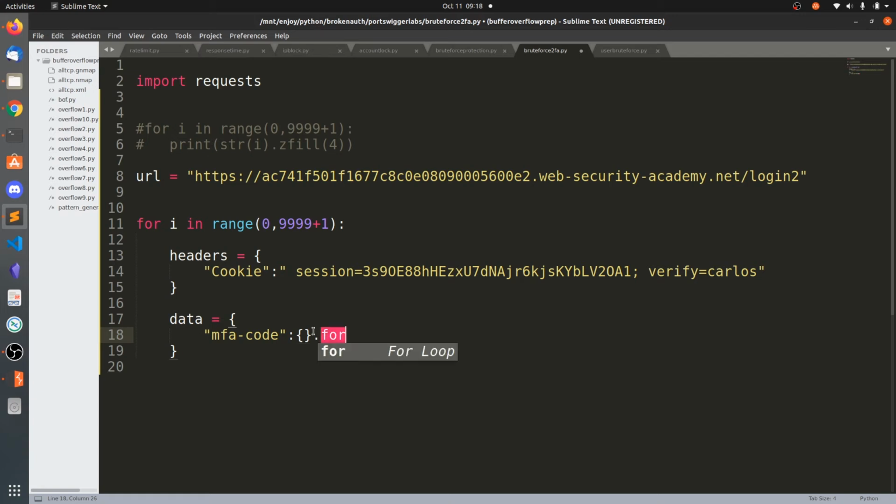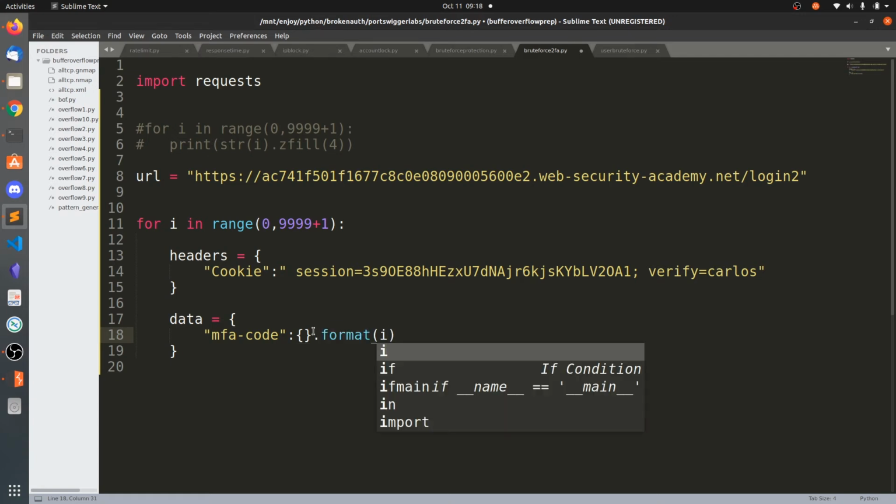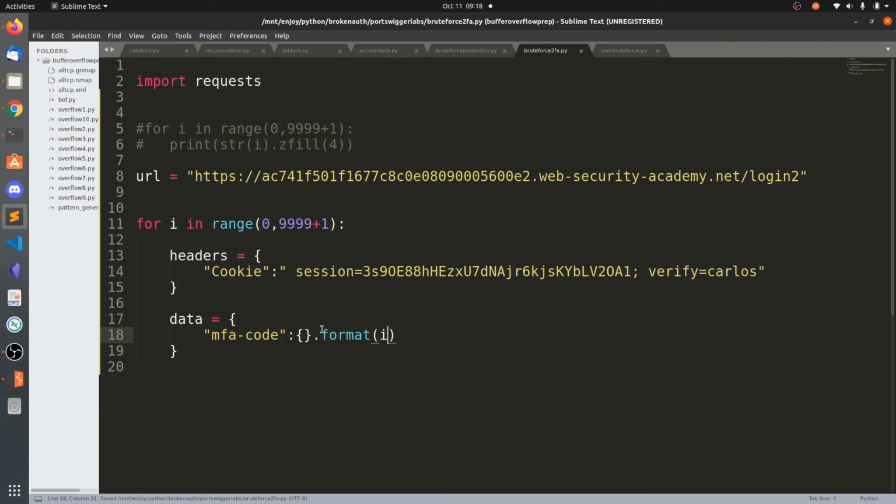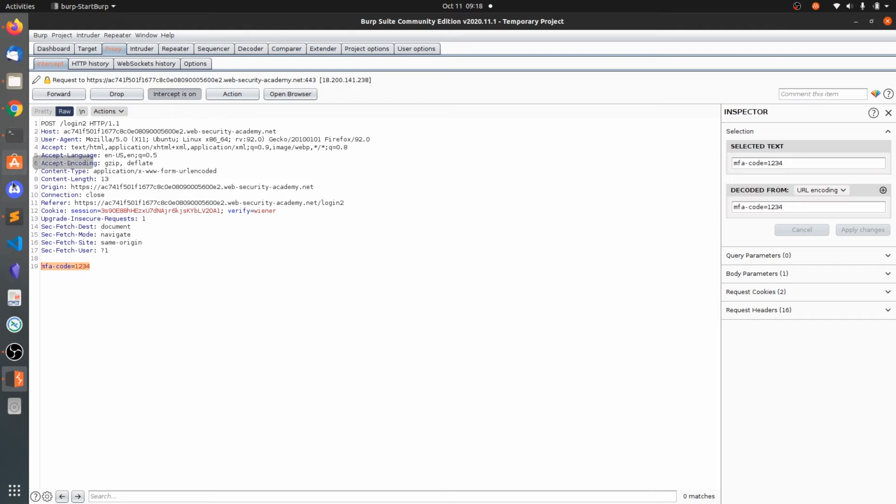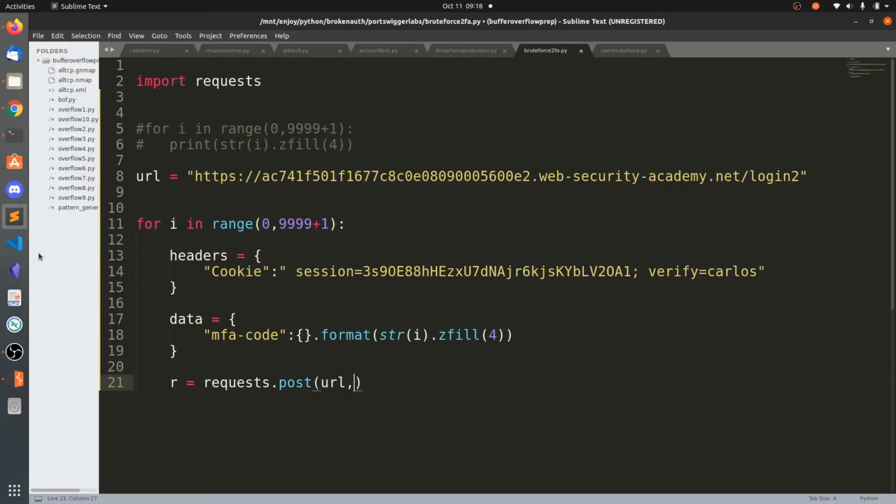So what you can do is use format of i, a string of i dot zfill of 4. r is equal to requests.post of URL, comma, headers equals headers, and the data is equal to this data dictionary. So we got the session and we are verifying as Carlos.